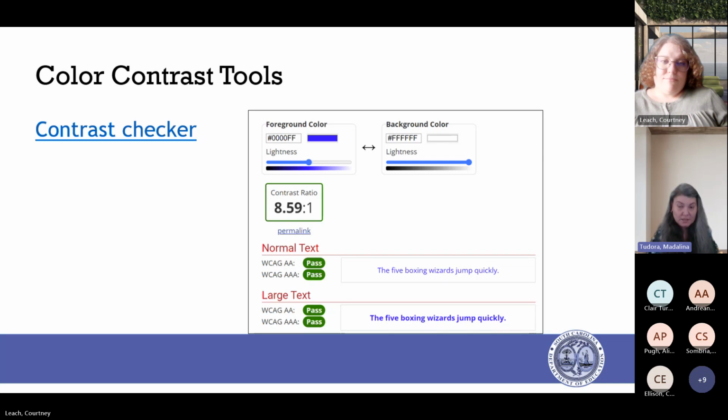But if you need, for whatever reason, to check your contrast with a tool or to make sure you match the exact shade of color on a different page or in a different document, whatever the case may be, you do have these tools available. And there are multiples. This is just one that we use fairly often, but there are many different free color contrast checkers out there.